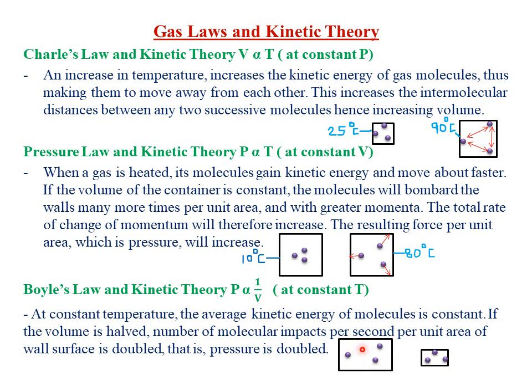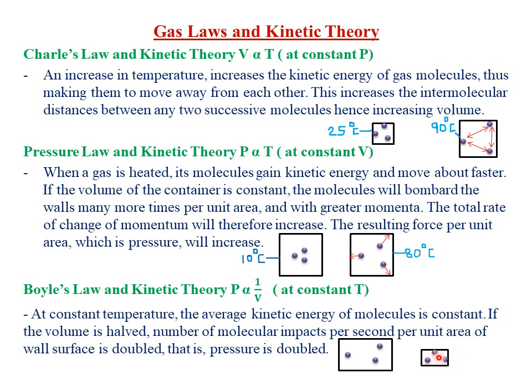Therefore, the probability of these molecules colliding with each other and with the walls of the container is very low. However, when you reduce the size of the container holding those molecules, and remember we are keeping the mass of the gas constant,